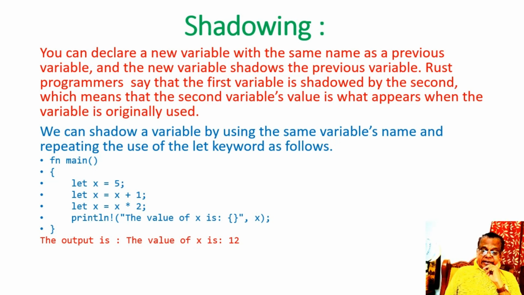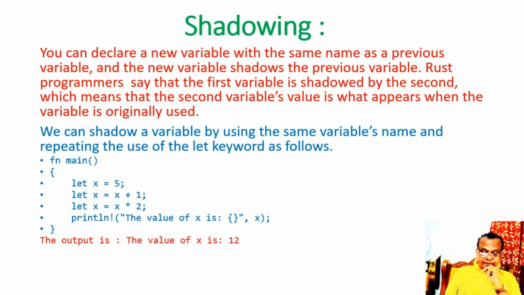Next, let x = x + 1. We are incrementing x by 1. So again, that value is assigned to x. Now x becomes 5 plus 1, 6. Now again, let x = x * 2; we are now multiplying the present value of x with 2. So now x value is 6 multiplied by 2. It will be 12. Let x = x * 2;